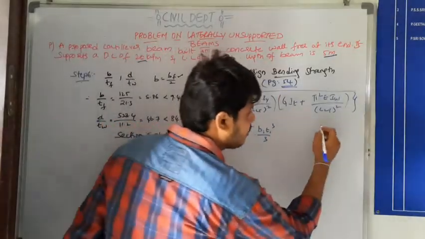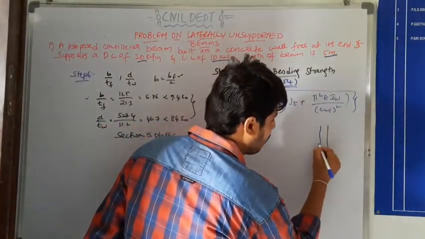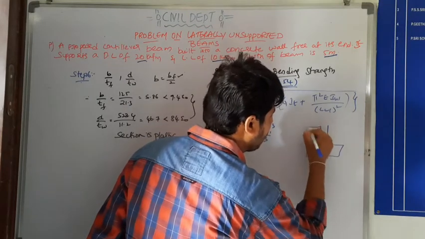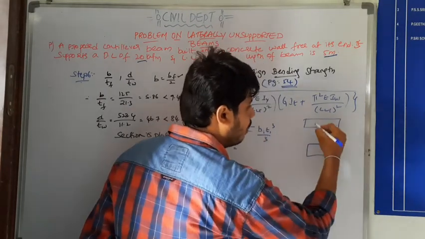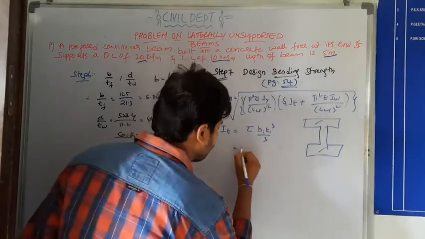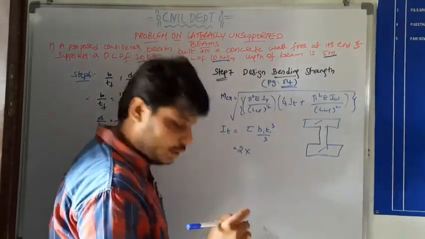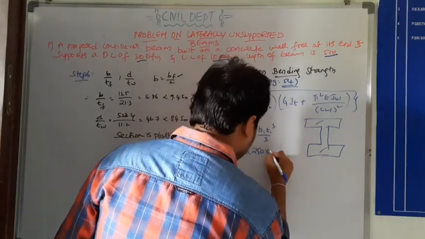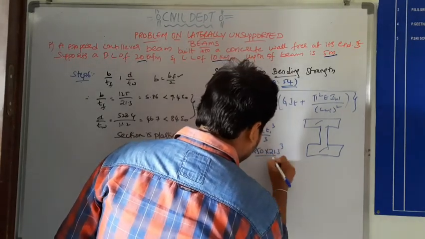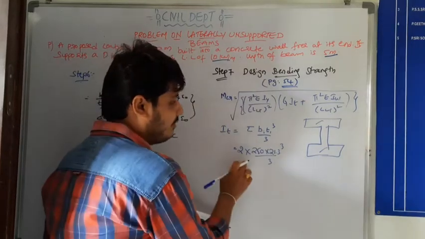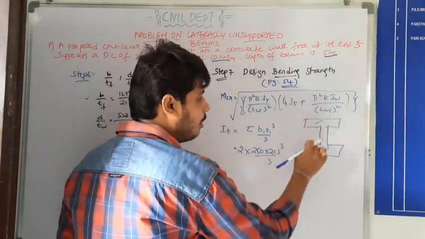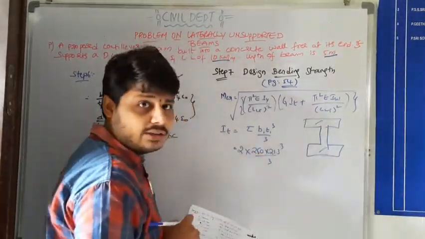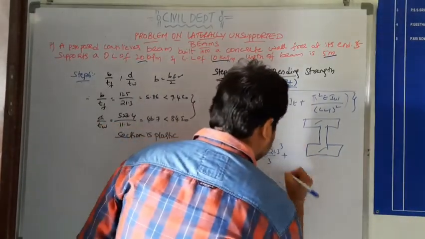So two flanges, now that is 2 into 250 into 21.3 cube by 3. So for the flanges, 2 into 250 into 21.3 cube by 3